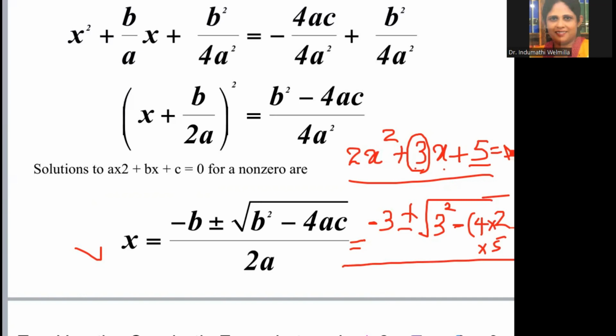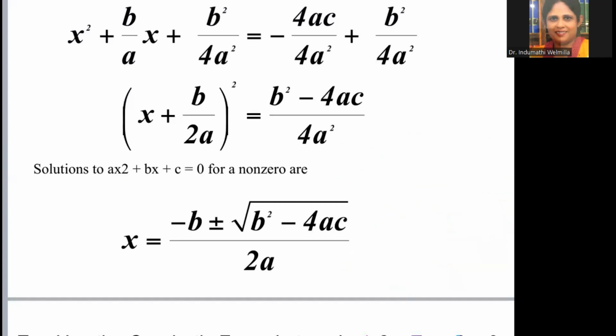And then 2a means 2 multiplied, here the a value is also 2, then you have to multiply by 2, right? So then what you want to do now, just simplify by using your calculator, right? So that is a very easy method to find out the value for the quadratic equation, right? So these are the 3 methods that you can apply here, right? So then